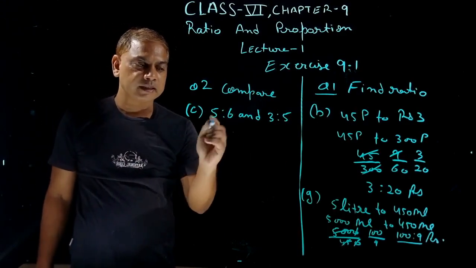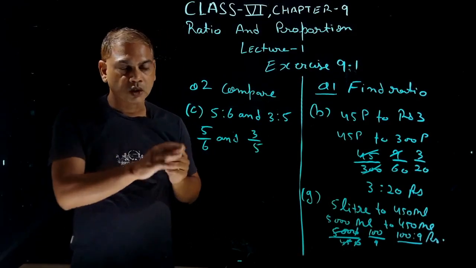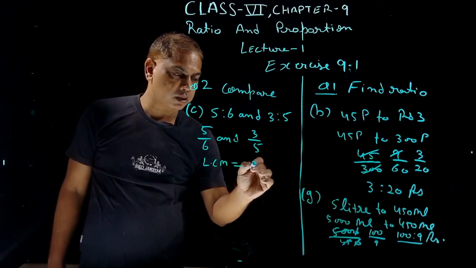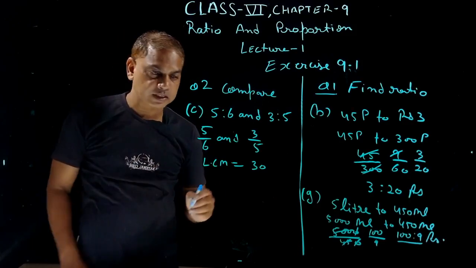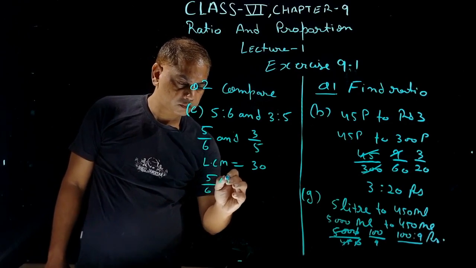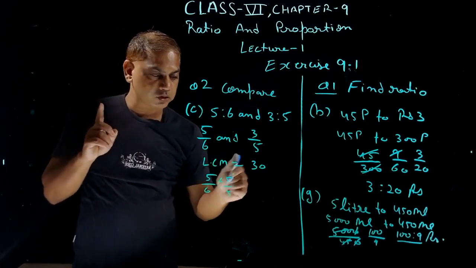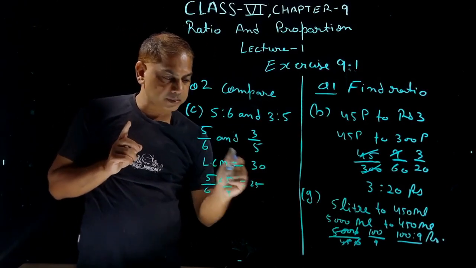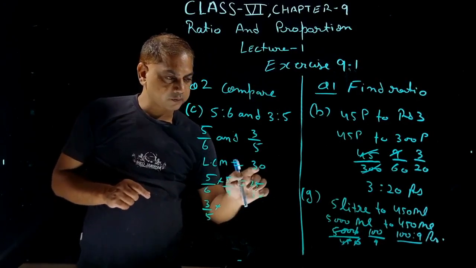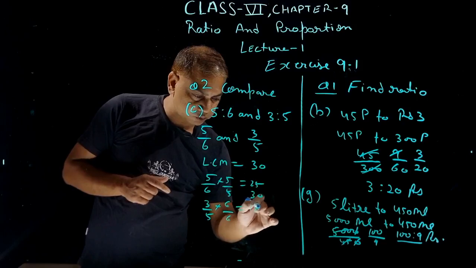What we will do, we will write them in a fraction form. Right. Now step 2, we will take LCM. LCM of 6 and 5 will be 30. Now we will make them like fractions. Divide 30 by 6, you will get 5. 5 multiplied by 5 is 25. And 5 multiplied by 6 is 30. Now again second number, 3 upon 5. Divide 30 by 5, you will get 6. Multiply upper as well as lower number by 6, you will get 18 upon 30.